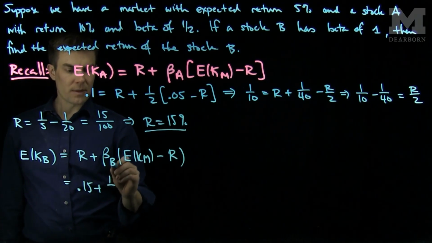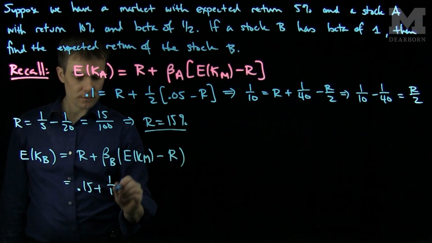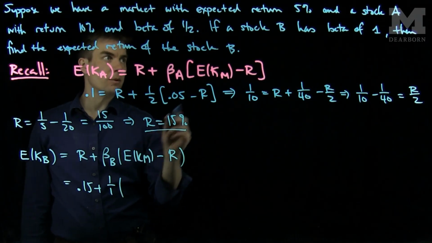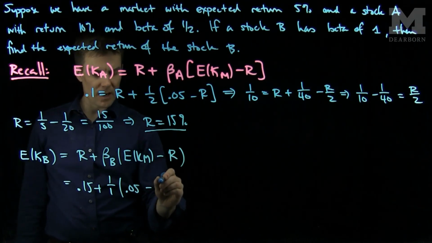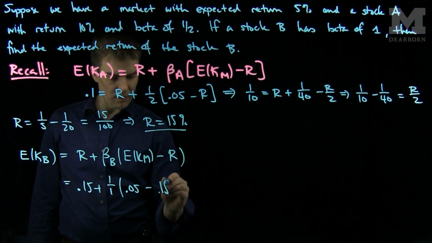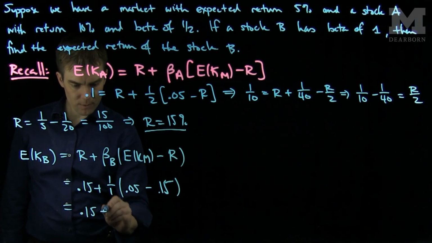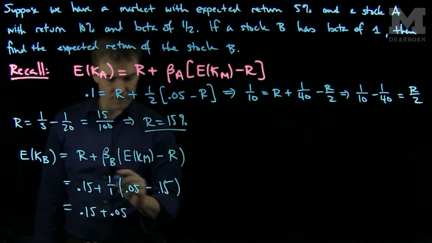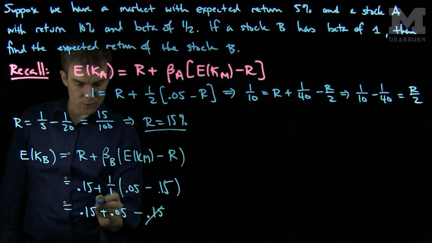We know that the beta of the stock B is equal to 1. And we know that the market return is 0.05. And we have a minus 0.15. And if we simplify this, we have 0.15 plus 0.05 minus 0.15, and those two terms will cancel,